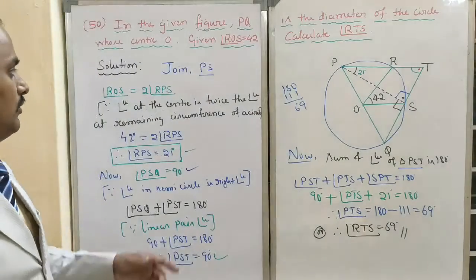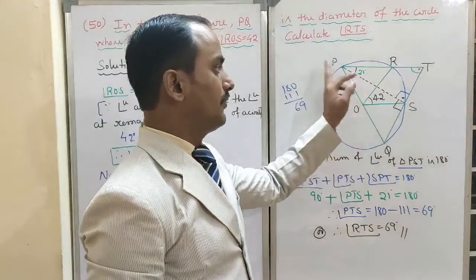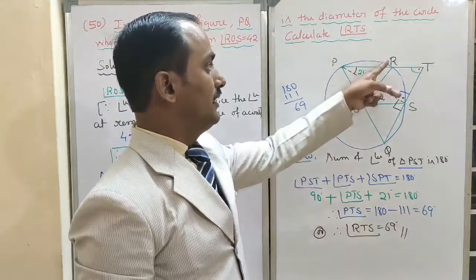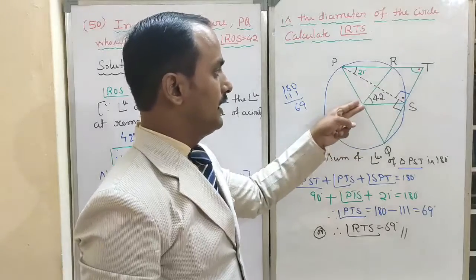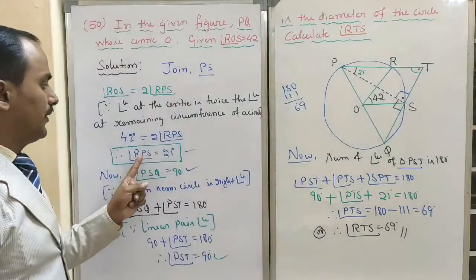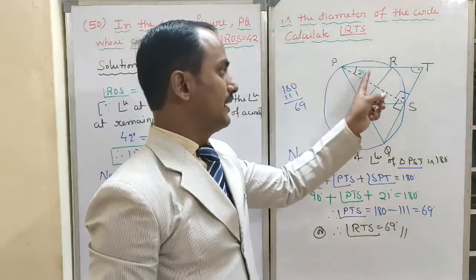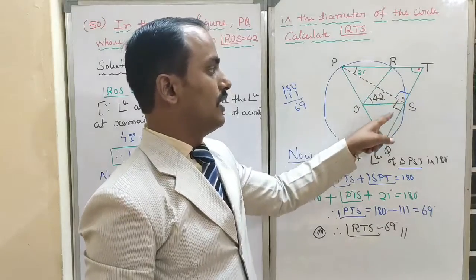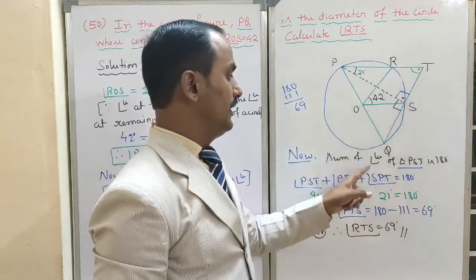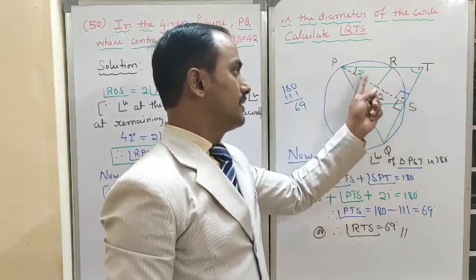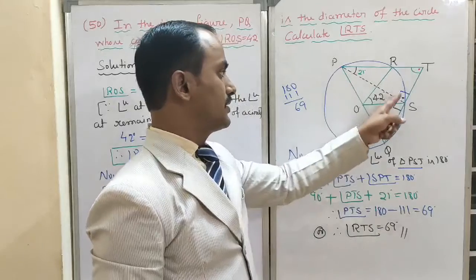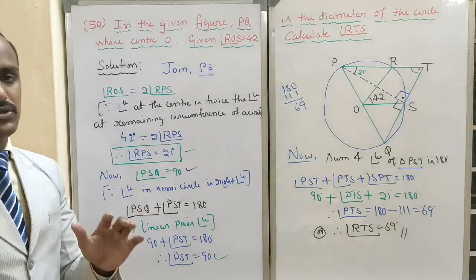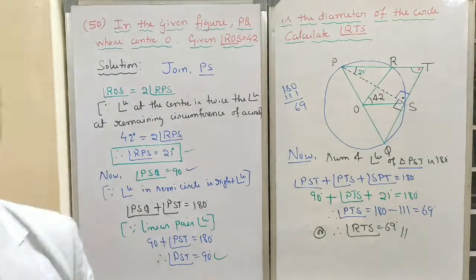Is it clear? Now, see, first I joined RS, then after joining, one angle forms, RPS, this angle on the circumference. Then same R and S, the angle at the center is twice the angle at the remaining circumference. By using that point I found out RPS angle. Then I found out this angle with the help of semicircle, 90 degree. These two are linear pair angles. I found out this angle. Finally, sum of angles of triangle PST, sum of three angles is equal to 180 degree. I substitute these two angles. Finally, I found out RTS angle. Clear? Easy is that, children? Similar problems we should practice. I will continue one more problem, dear children.